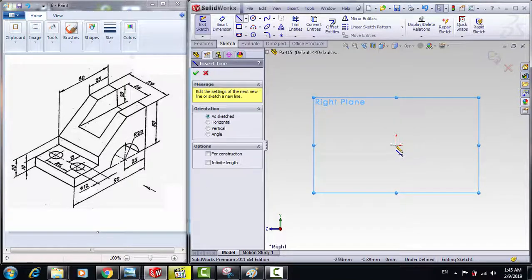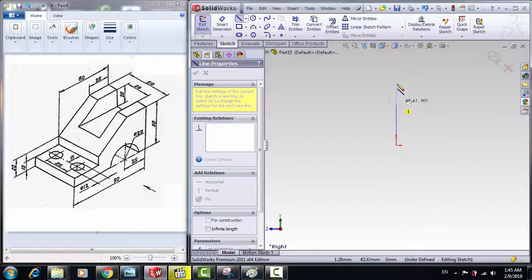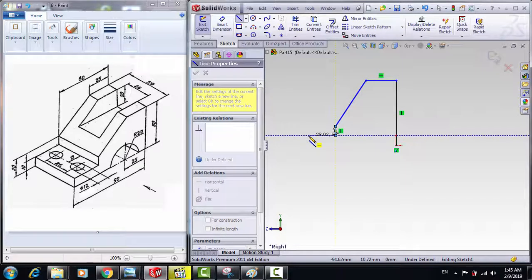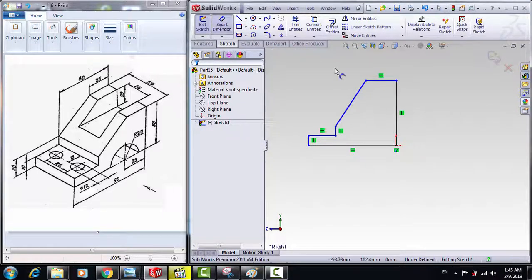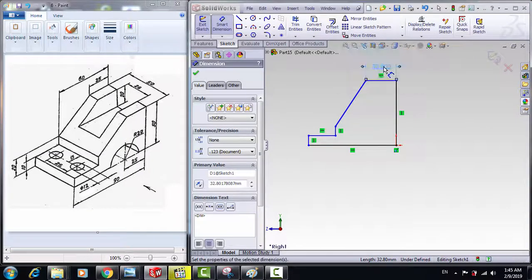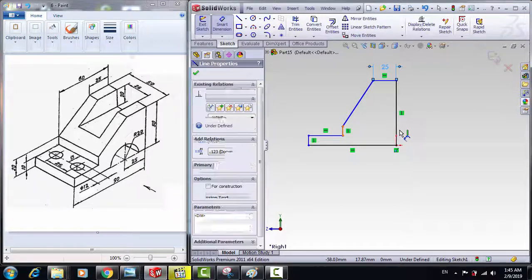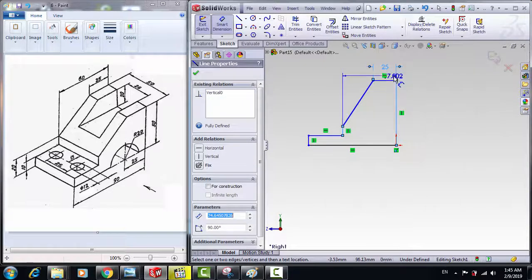Choose a line and go from the origin point and left click, then go up, like this, and go back again to the origin point. Let's specify the dimensions. So this is 25 millimeter, and from this line to this line is 60 millimeter,